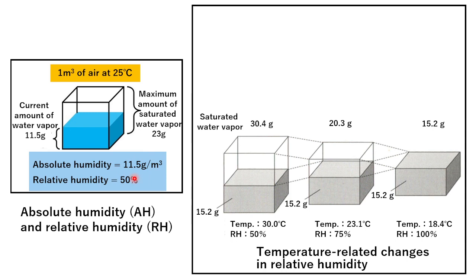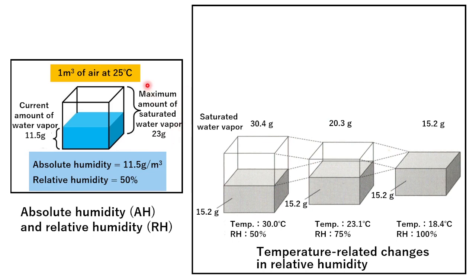In the field of conservation science, relative humidity is often used, which is a percentage of the ratio of absolute humidity to saturated water vapor. In other words, what percentage of the water actually exists now compared to the maximum amount of water that can be contained in the air in this space. The maximum amount of water that can exist at each temperature is theoretically determined.